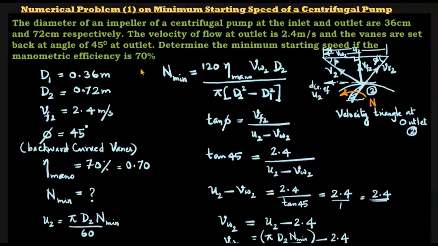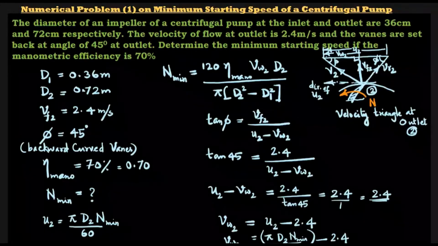And you know that the flow in a centrifugal pump is in the radially outward direction. So from the inlet to the outlet, the diameter at inlet of the impeller is 36 centimeters, that is D1. The smaller diameter will be the inlet diameter, and the bigger one, that is the external diameter, is the outlet diameter. Whereas in the case of a Francis turbine, it is just the reverse. Okay, so here D1 is 36 centimeters and D2 is 72 centimeters.